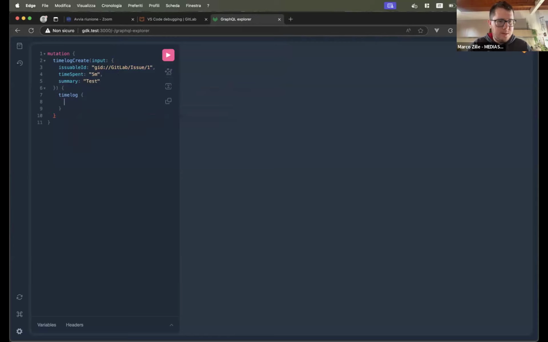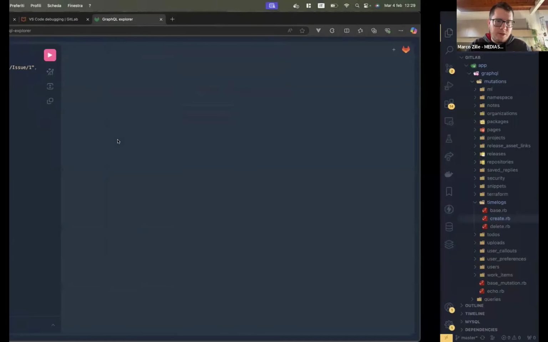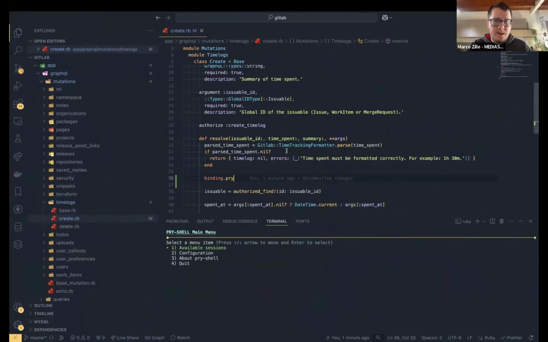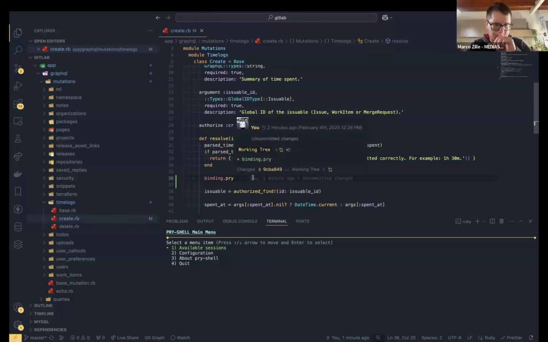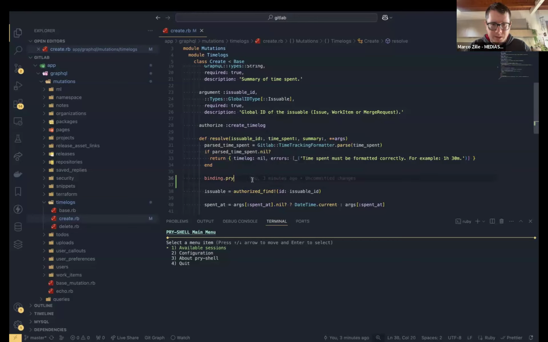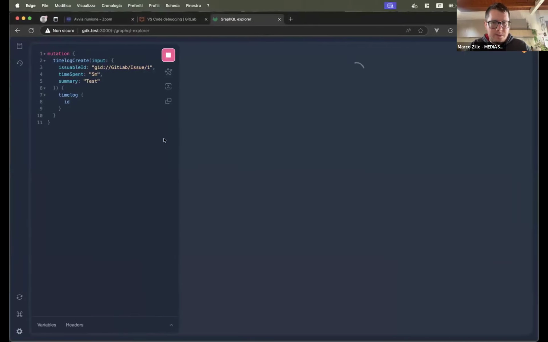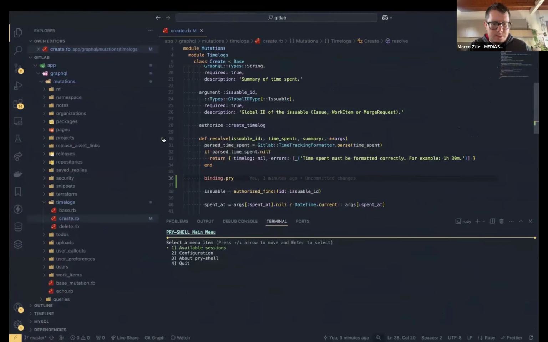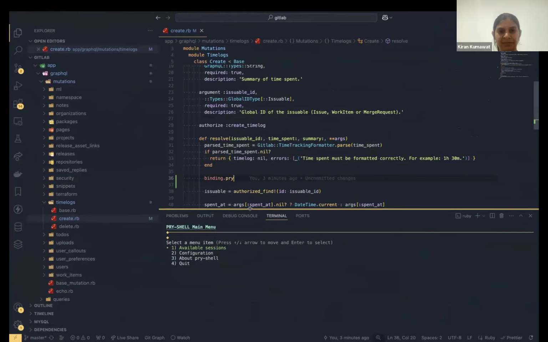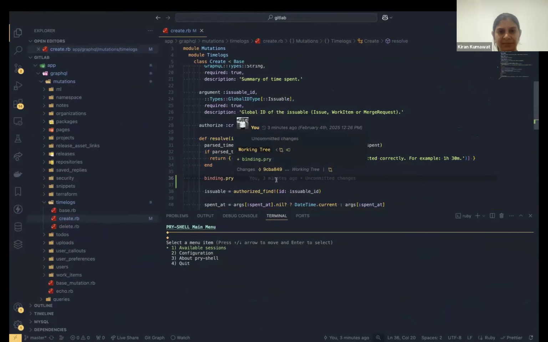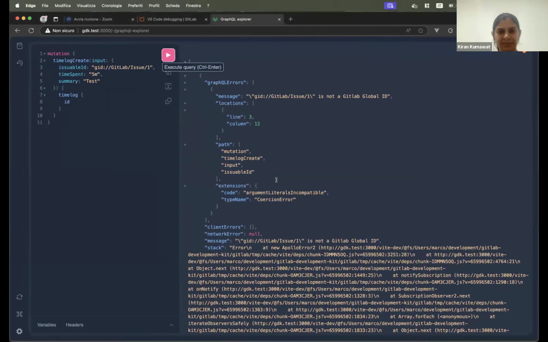And we have timer and ID. So if we now try to run this GraphQL mutation, which is handled by this resolver, where we put the binding.pry, when we run this, the pry shell should pick it up. If we provide the right